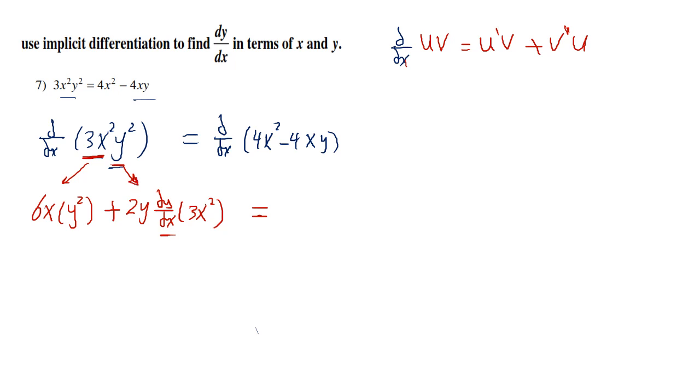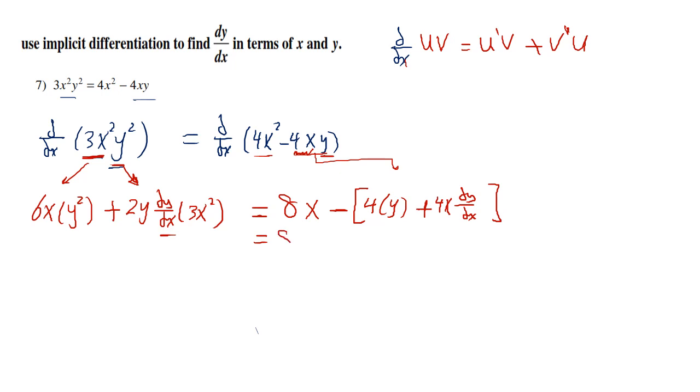it should be written as dy by dx. The derivative of 4x squared is 8x minus the derivative of 4xy, which is the derivative of the first, 4, multiplied by the second, plus the derivative of the second, which is dy by dx, the derivative of y with respect to x, multiplied by the first, which is 4x. But I need to change the sign, so it's minus 4y minus 4x dy by dx